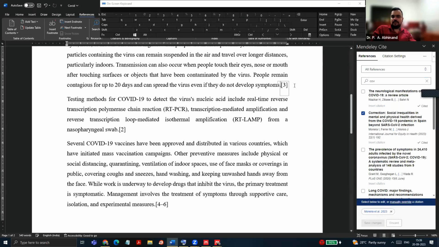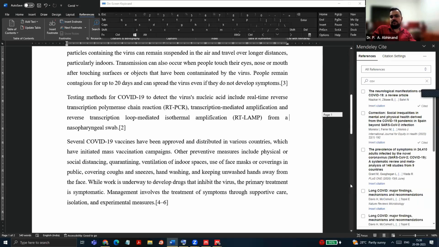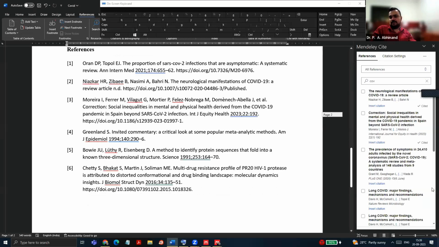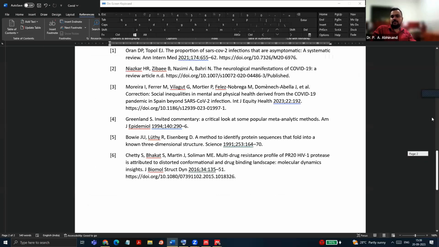So this has become 3 and this has become 4. So the references have been reordered automatically. So basically you can delete a reference wherever you want. You can insert a new reference wherever you want it to be. So that's the whole beauty of using the Mendeley software.